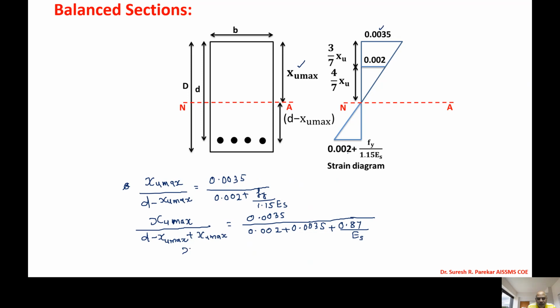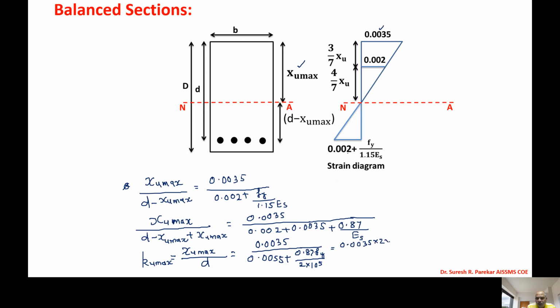And from this we will get Xu max upon d. This is also known as Ku max, the neutral axis factor, and that is equal to 0.0035 divided by 0.0055 plus 0.87 fy upon 2 into 10 raised to 5, which is Es. And if you calculate this, then we will get it as